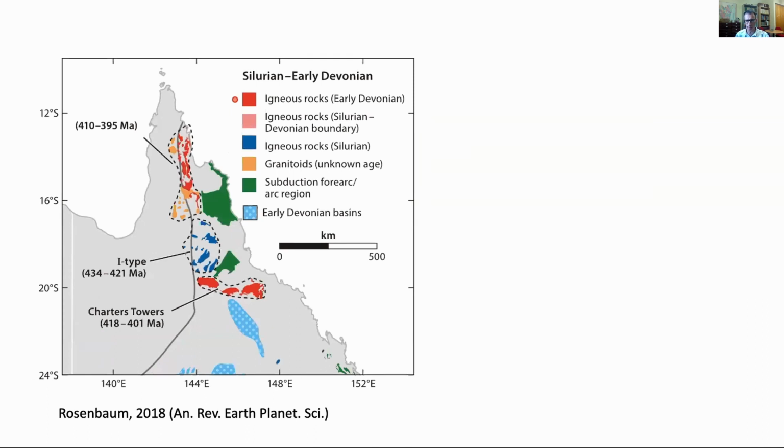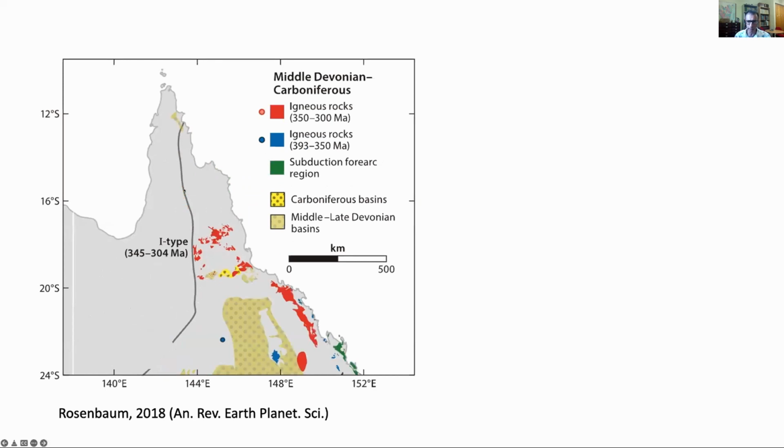Looking at the Silurian and early Devonian granitoids, the shape of the orocline is a little bit different, but we still recognize a sharp bend of the Pama Igneous Association wrapping around the Broken River province and continuing northward to Cape York. Middle and late Devonian igneous rocks are missing in Northeast Queensland, whereas Carboniferous granitoids appear in two major associations, a large blob here of the Kennedy igneous province, as discussed by Robin earlier, and a magmatic arc along the northern New England orogen. The important thing is that the orocline is not really reflected in the distribution of Carboniferous granites,